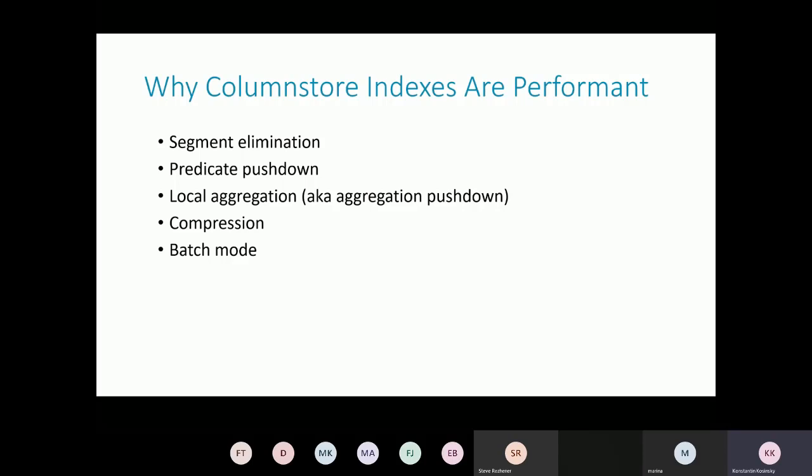One more interesting feature about batch mode: it uses SIMD. SIMD is single instruction, multiple data. It's a feature of modern CPUs where, for example, you have an array of integers or doubles, and you can ask the CPU to give you a sum of these doubles as one CPU instruction instead of summing one by one. So batch mode on CPUs that support this allows you to leverage the power of such instructions to give even more performance. In the next slides, I will mostly talk about the first four, and batch mode is given